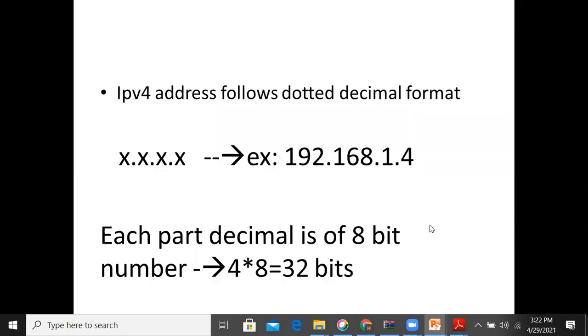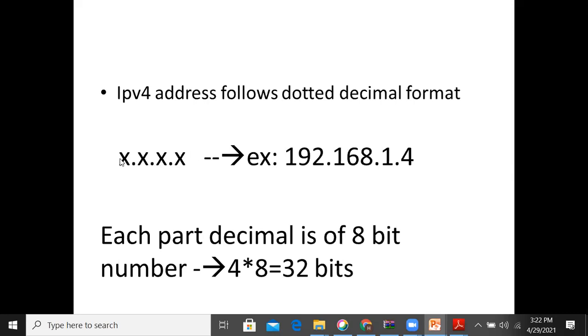Now coming to IPv4, as I told you, the IPv4 address will be represented in dotted decimal format. Dotted decimal format is what? It will follow like this: x dot x dot x dot x, where x is one decimal number.